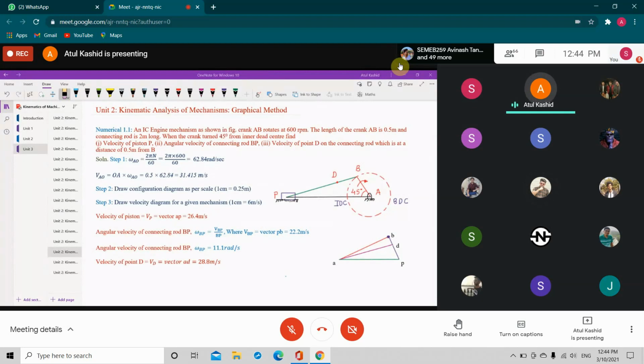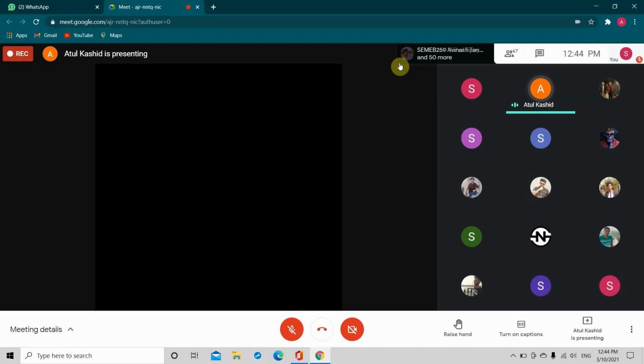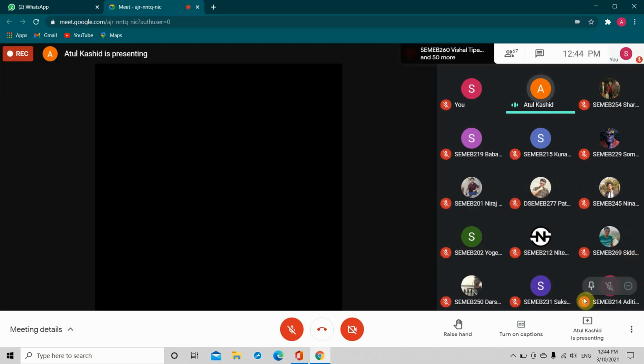Now the next problem is again for velocity, and this time I'm not going to waste time in calculation. I will just tell you how to draw the velocity diagram, because the questions that are going to be asked in the exam will not be based only on the velocity diagram. The question will ask you to draw the velocity as well as the acceleration diagram,